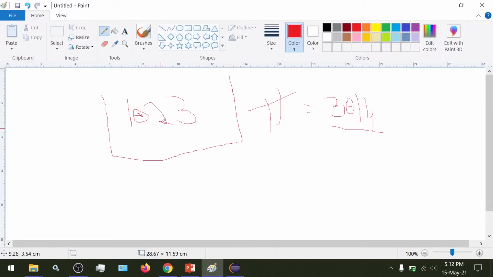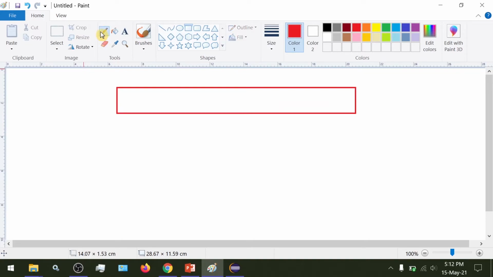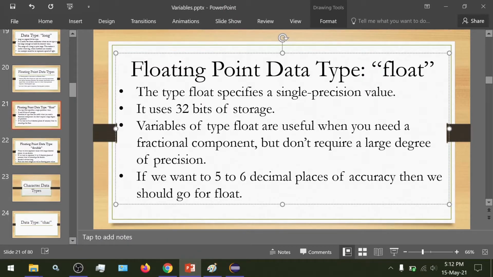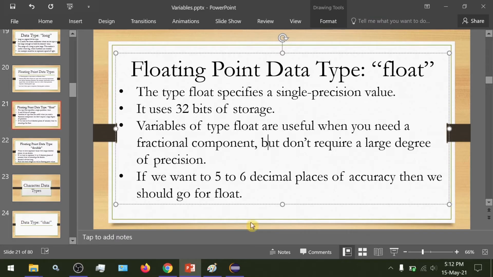So the length of bits in a data type float is 32. There would be 32 bits present inside any data of type float. Variables of type float are useful when we need to represent a fractional component but don't require a large degree of precision.